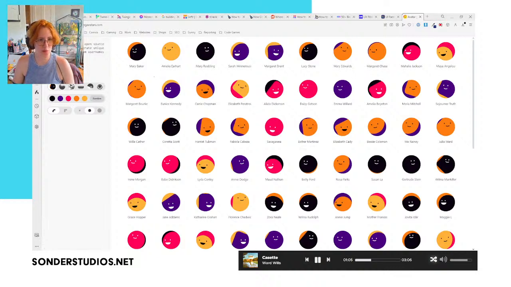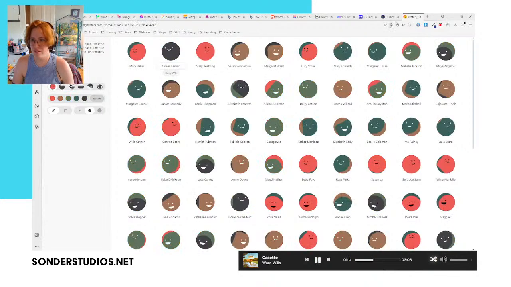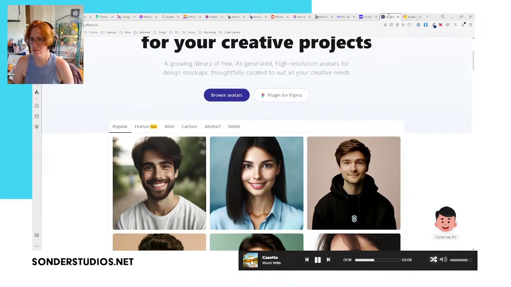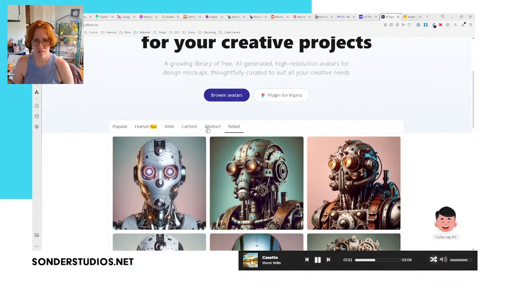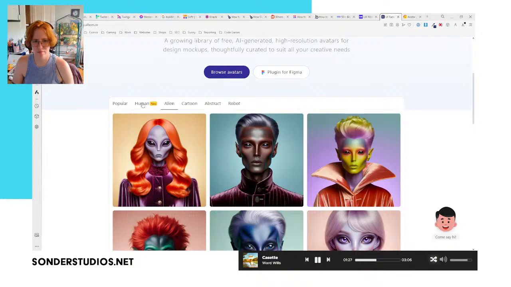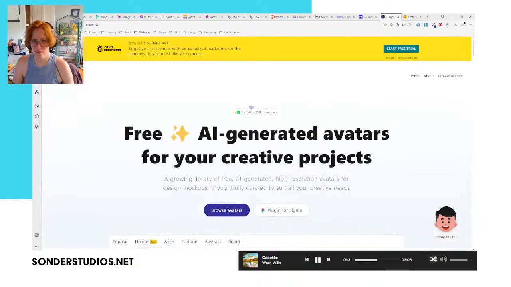Alright, Boring Avatars is an open source React library to generate unique SVG based avatars from usernames and color palettes. Nice. Oh, yeah, I might save this actually.